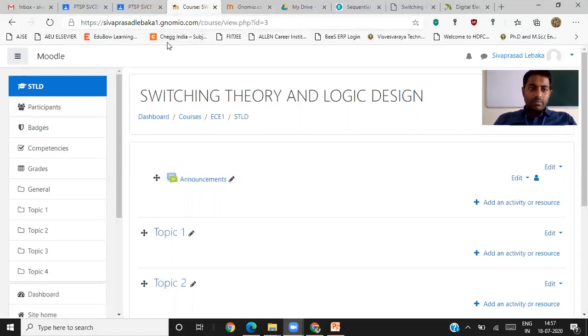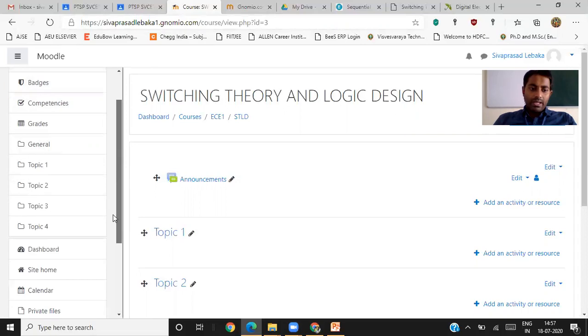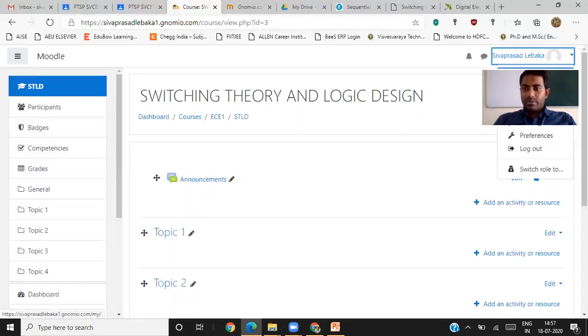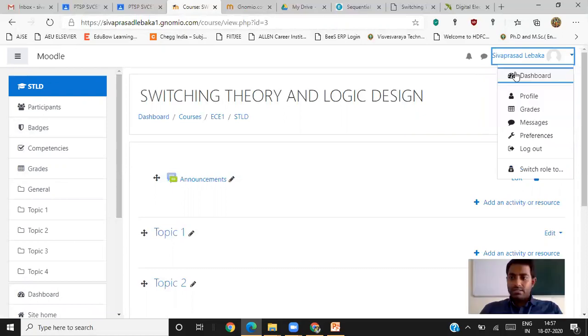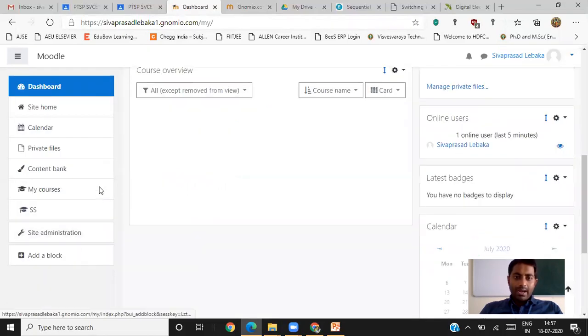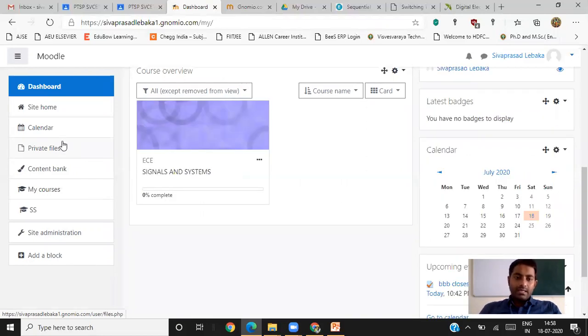So in this genomio.com, I have already shown the options under the dashboard. We can just look into it. We have already discussed in this Genomio how to add the course under a category. That means how to create the category first of all, then the course, and then how to add the users of your class, and where to see the grades. That also I have shown already.